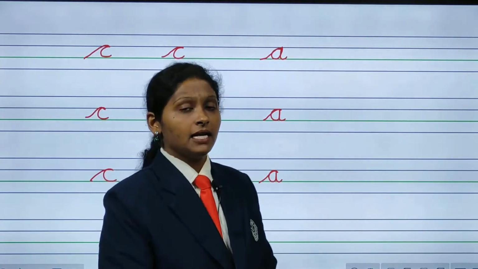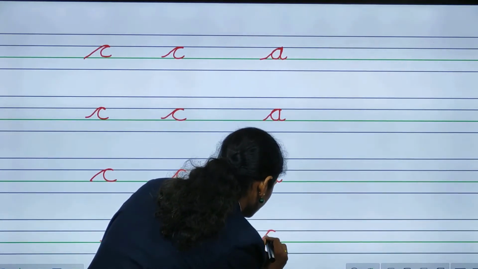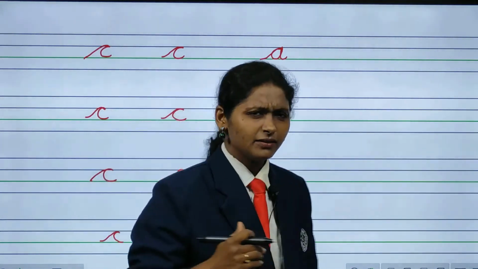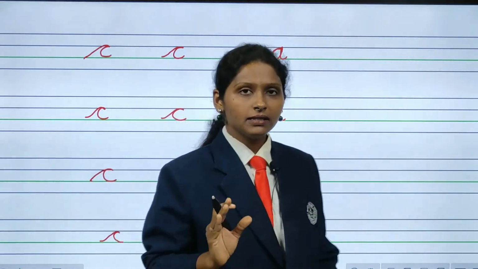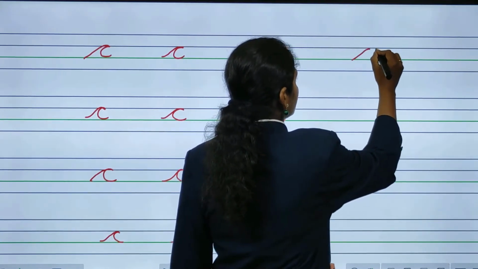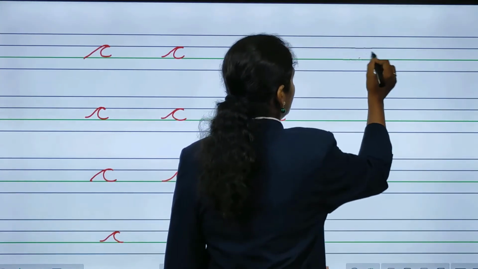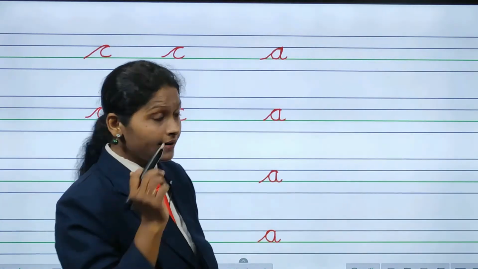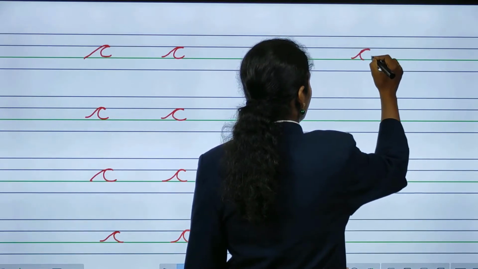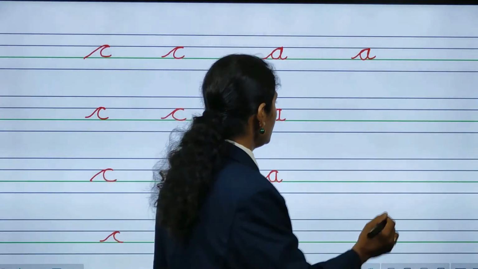A for ant, A for axe. Okay. Again, you also slowly practice, you will learn to write this fast because you know all the patterns. So, you will learn fast. Again. C, you have to write it properly. If you don't write properly, then you have to rub it and rewrite it again. Okay. So, start from the down and do this way. This is small cursive A.